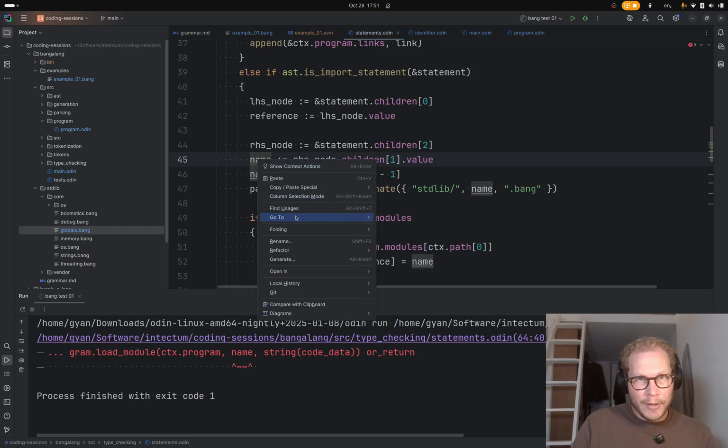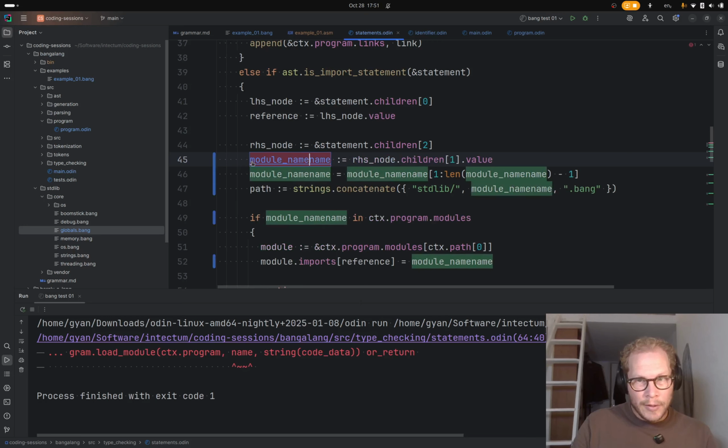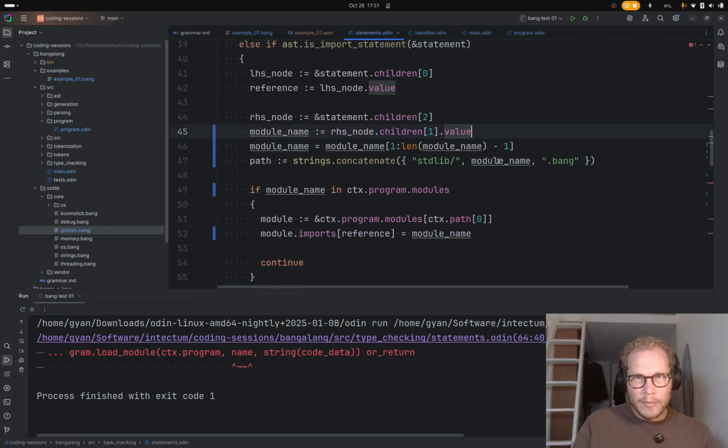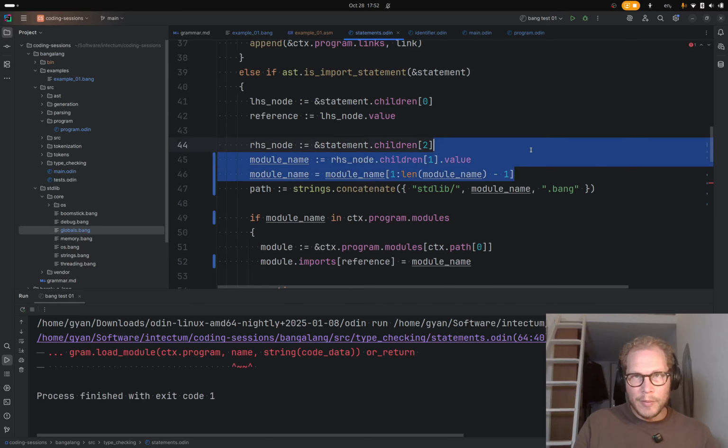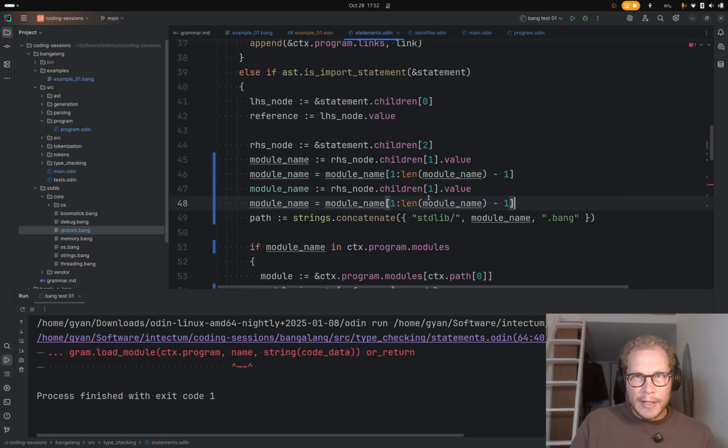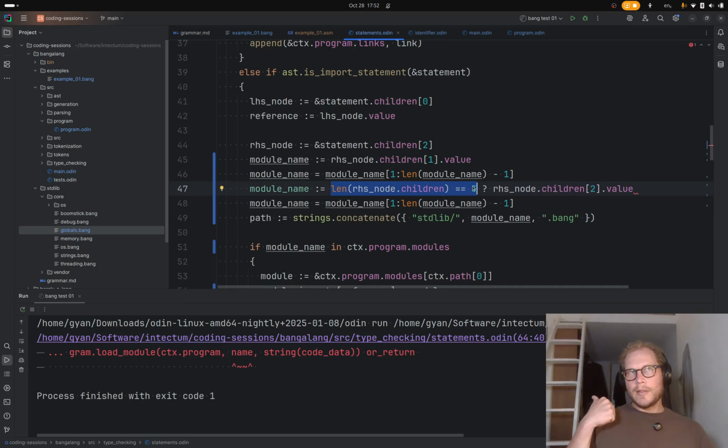Let me just, for now, rename this to module name. We'll have to fix that up a bit soon, but and then we've got another optional child. So I guess we need to check if the length of this is 3. If there are 3 children, that means the name of the procedure being called with 2 parameters, in which case we get the second parameter. Otherwise,